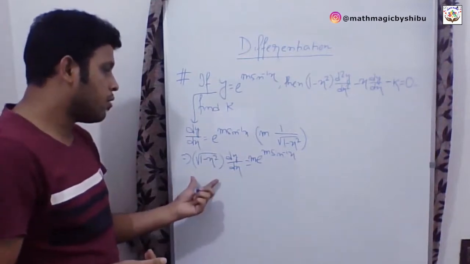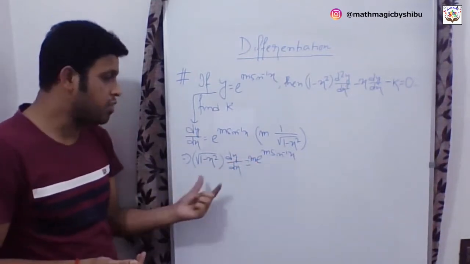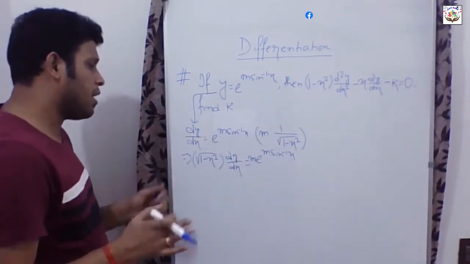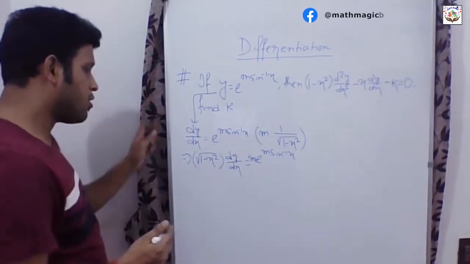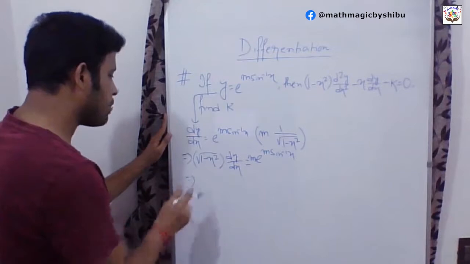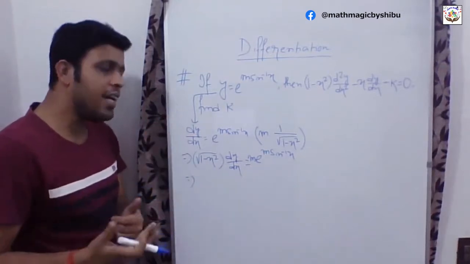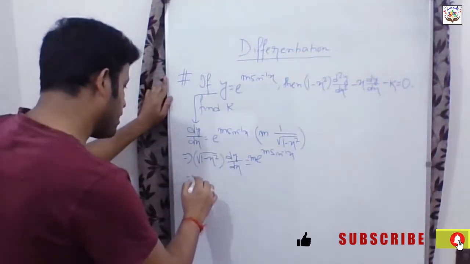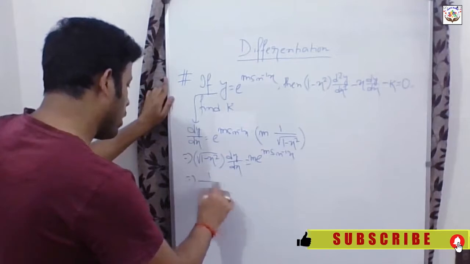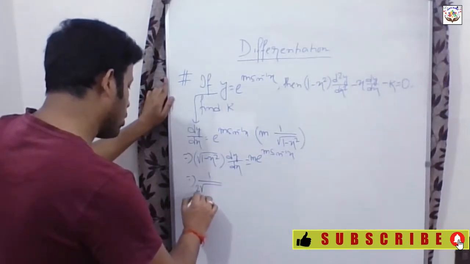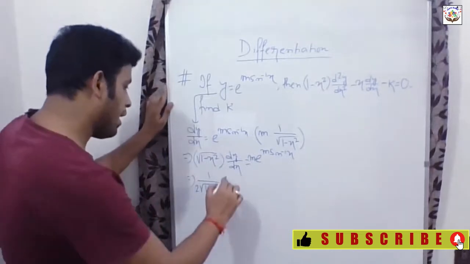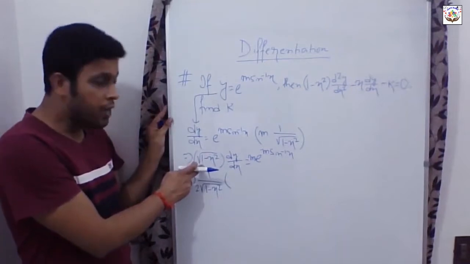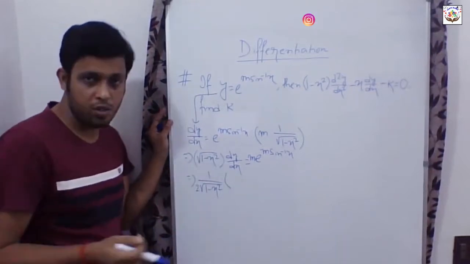Okay, so we can square both the sides, so at least we will get this term. Okay, what I mean to say, suppose, let us do the square later. Let us do one thing. So now we will again differentiate both the sides with respect to x, right? So if we differentiate root over 1 minus x square, it will be 1 by 2 root 1 minus x square, and the differentiation of 1 minus x square would be minus 2x, because the differentiation of 1 is 0 and differentiation of minus x square would be minus 2x.